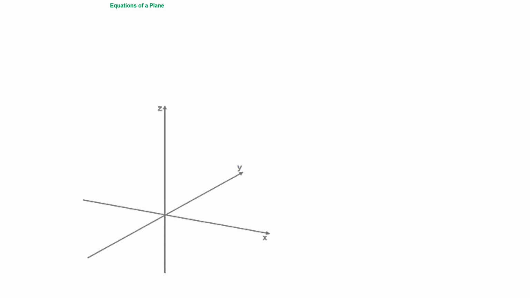Let's start from the straight lines. We know that a line is determined by 2 points, and you saw in the previous 2 videos how an equation of a straight line in space can be obtained from a point on the line and a vector parallel to it. Although a line in space is determined by a point and a direction,